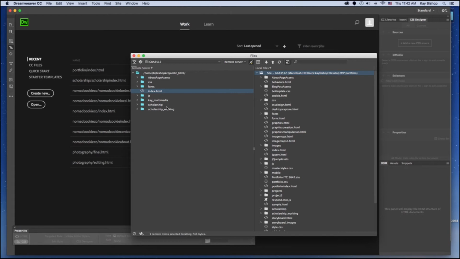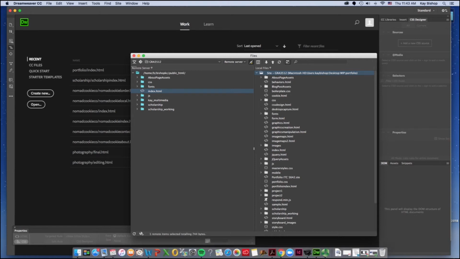So if you already have a website, you've already got an index.html page on the ASU web host, you want to create a subfolder, and then you'll want to direct your site to that subfolder. And I can show you how you would do that. But for now, we're just going to go by the index.html page. So I'm going to select my